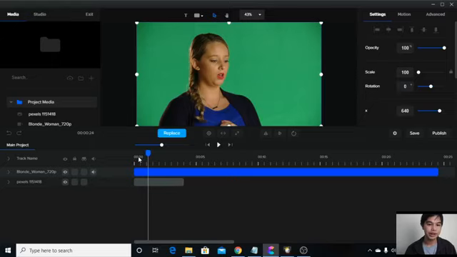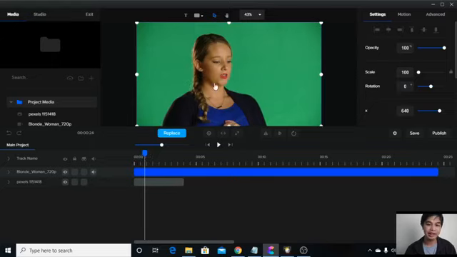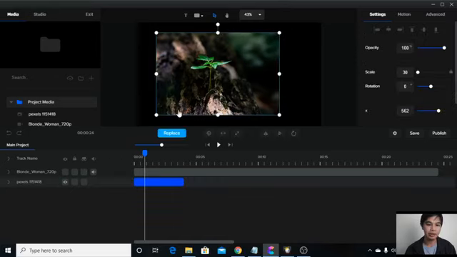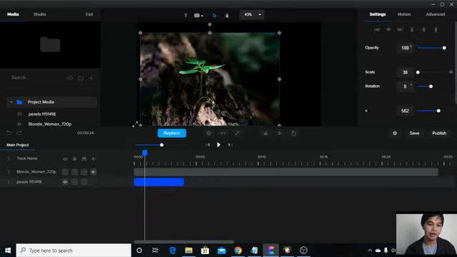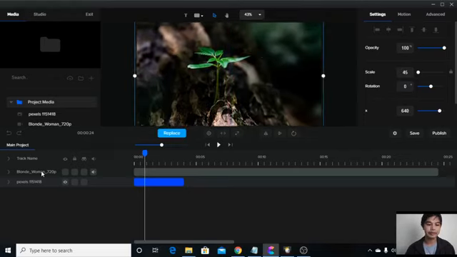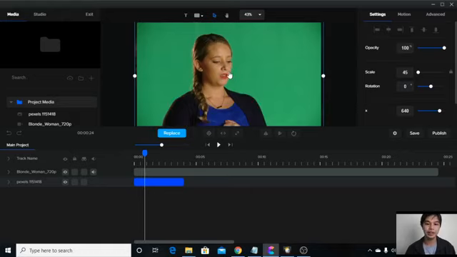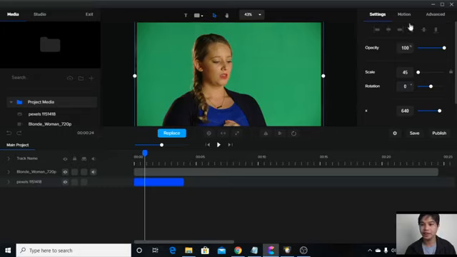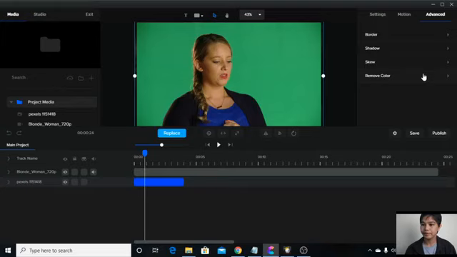As you can see here, I already dragged and dropped these two assets, and I can turn this eye on and off to hide or show this image and video. Let me make this occupy the entire screen. So let's start by showing the green screen feature. Let's try to remove the green screen background of this lady, so that the background will show the image below instead. I can do that by going here to advanced, and going to remove color,